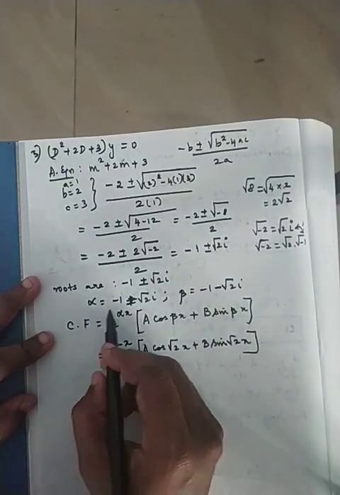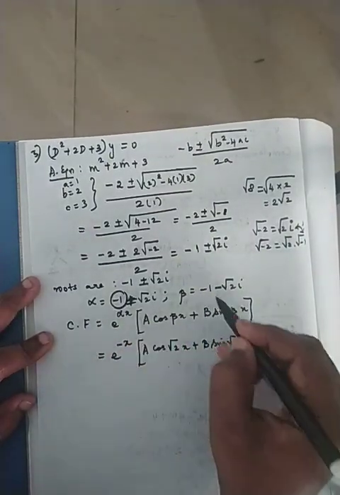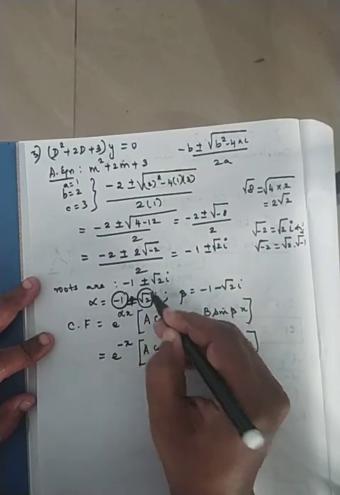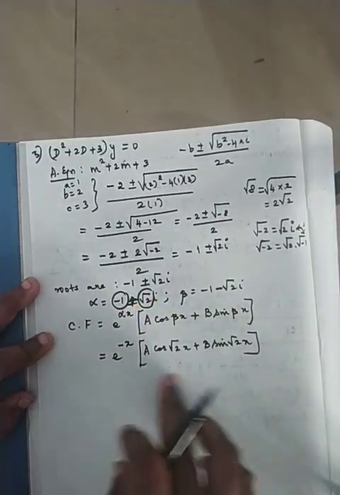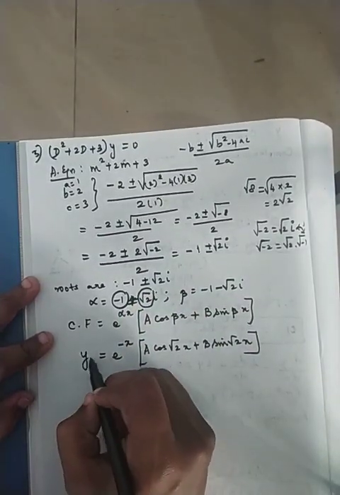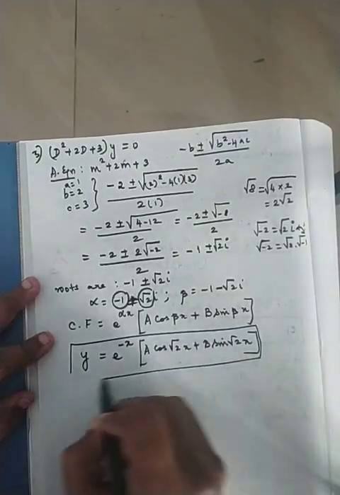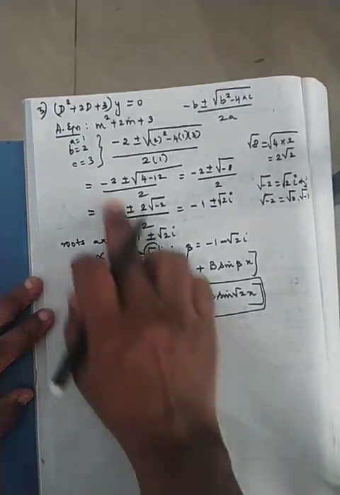Alpha, beta. What is the alpha? This will be my alpha, and my beta only will be this portion. With two roots, I can use it like this. So my final solution also will be like this only. Okay, so what did I do?